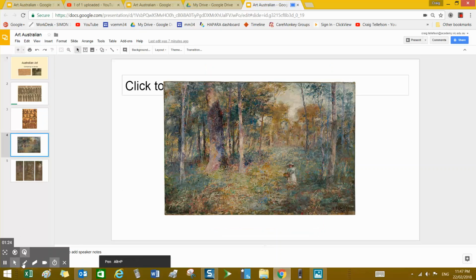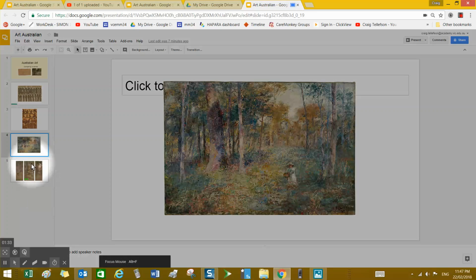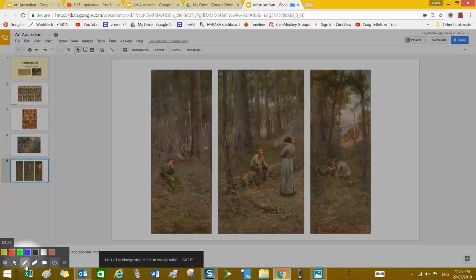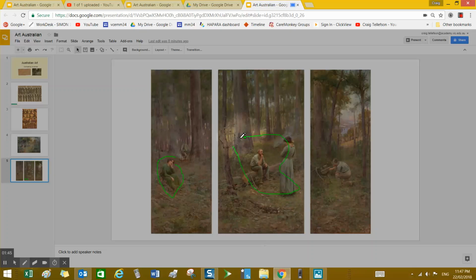Okay, so the sorts of things that I'd be talking about might be that I notice that in the McCubbin, so I need to go back to cursor to get it onto the McCubbin, and then I can go to pen. I might notice that in the McCubbin we have only a few people in each of the scenes, and it's certainly very much about the family unit being the man and the woman and possibly a child, whereas for the Barak,